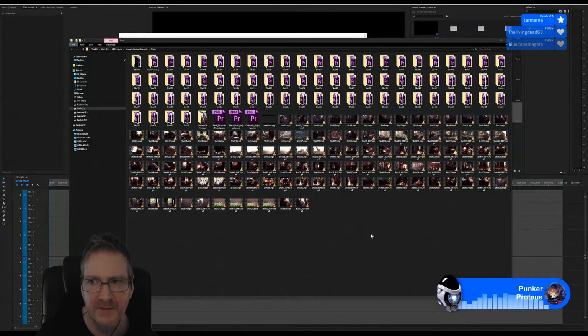I can either bring them into their subfolders, but I'm not going to do that. I'm going to create a new bin, and I'm going to call it all slow motion. I'm just going to bring in all of the slow motion video into one bin, because odds are I'm not going to use most of it. So I don't want it polluting the rest of my folders.